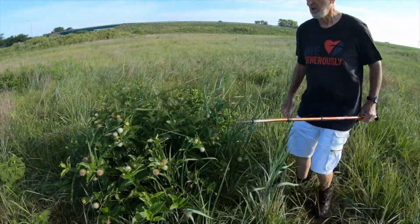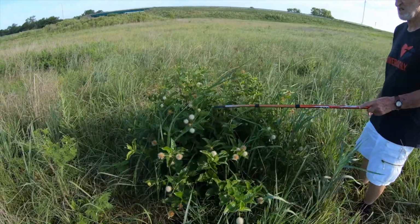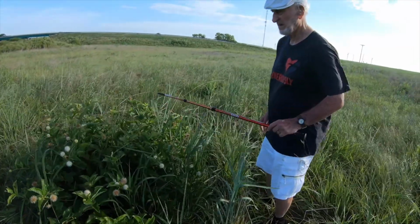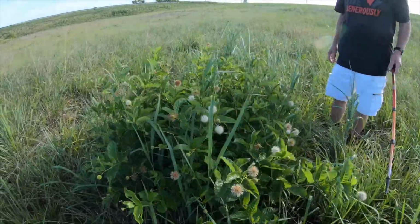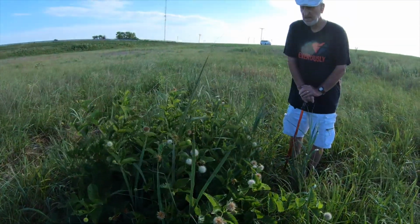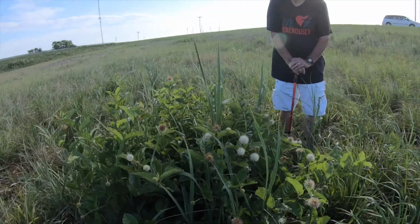Here you have a lot of buds still coming on. It isn't that the flowering season is over, it's just getting too hot and dry. So we'd get an inch or two of rain, and this would be loaded with these white puffy balls, and maybe the butterflies would show up too. Nice glossy foliage. Like I say, it has some very nice qualities that also adapt it to